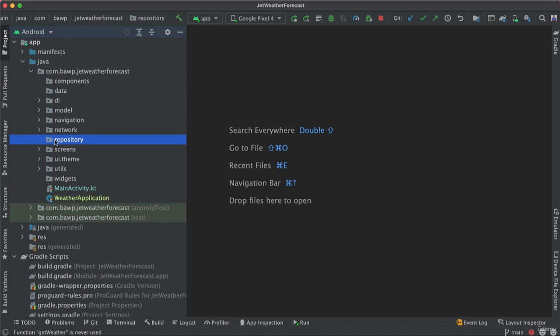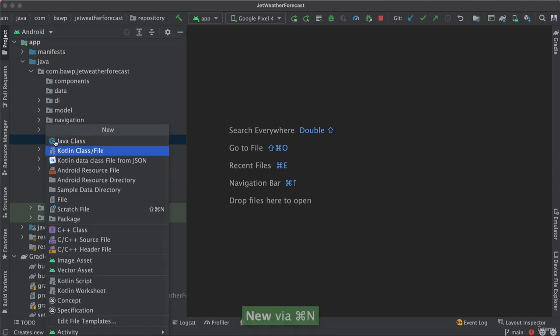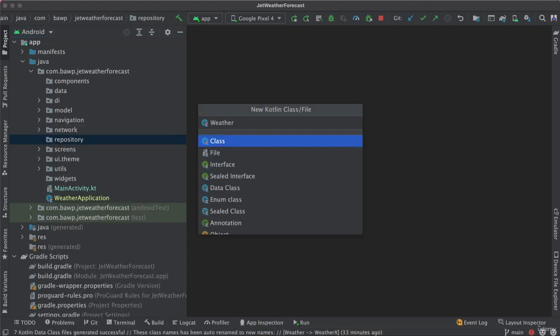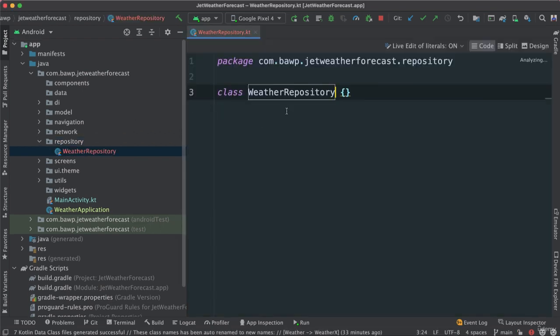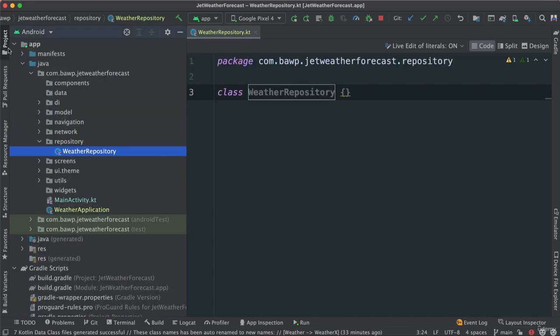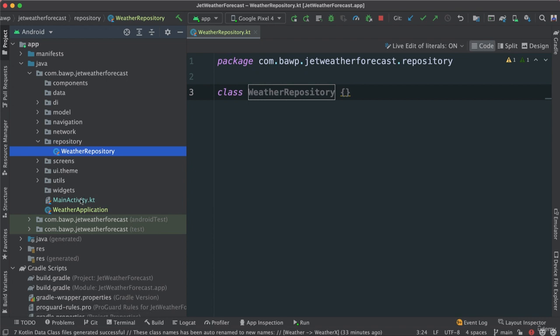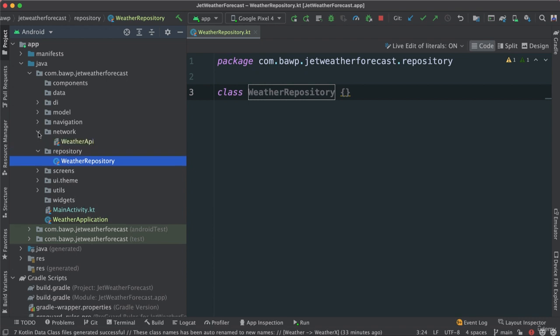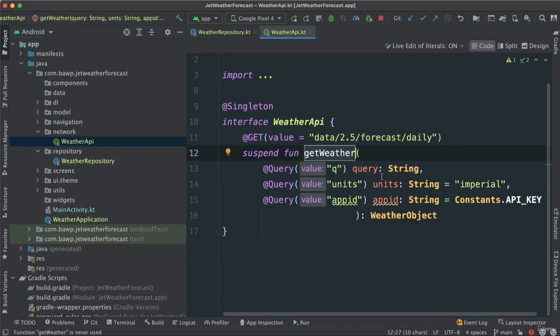So we're going to create a repository here. It's just a class, repository as such. Very well. So what is our weather repository going to do? Well, it's going to allow us to get the data, but where from? Well, it's going to allow us to get the data directly from our network, our weather API, which means we are going to want to have